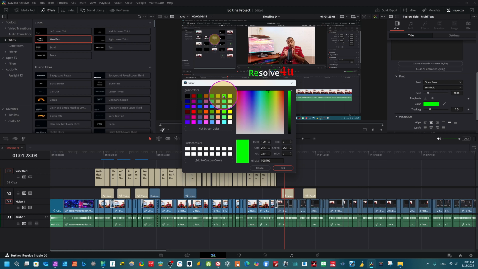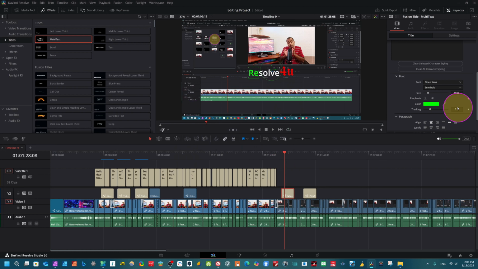We can check this color. Okay, so you can see we have a unique color, and we want to add font size and something. You see here extra bold italic, and you can take any font you can choose from here. So dear friends, try these new features.